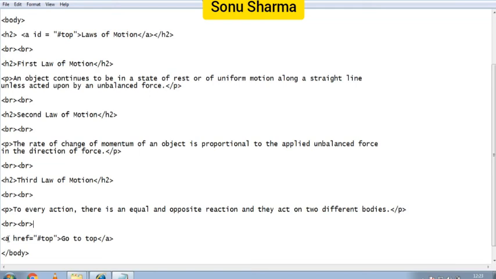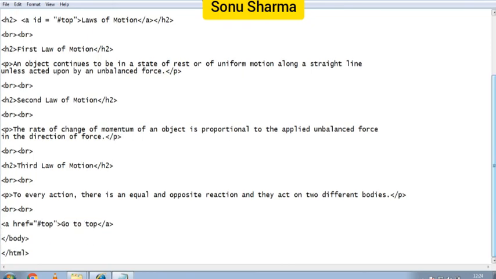Now the last coding is what? Anchor tag. Inside the anchor tag, href. So where will href go? It will show the top. So this is the link. Understood? That earlier one was not the link. That was the identification. ID means identification, where to go. In the top we have to go. So here the hyperlink will be created. So go to top is the hyperlink. When you click here, go to top, it will go to the top of the page. Now the coding is finished. Now let's see the output.